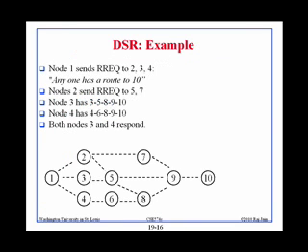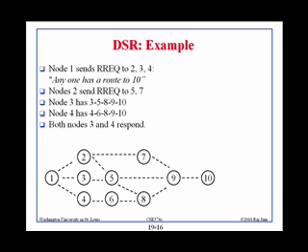Slide number 16. In 16, 1 wants to send a packet to 10, but it doesn't have any information. So it asks 2, 3, and 4: do you have a route to 10? Now 2 does not have the route to 10, so it will ask 5 and 7. Right? It will ask 5 and 7.